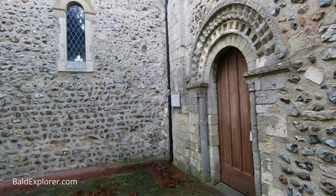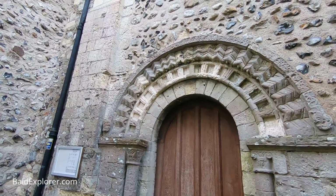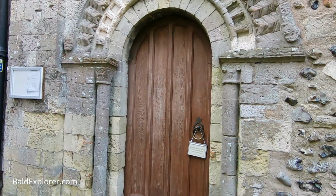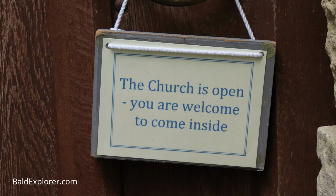Let's go in. You can see here this wonderful doorway with a little bit of Norman zigzagging, and then an entrance. There's a lovely sign here that tells us the church is open and we're welcome inside. There's two doors to navigate. Shall close this one, keep the heat in, come through,